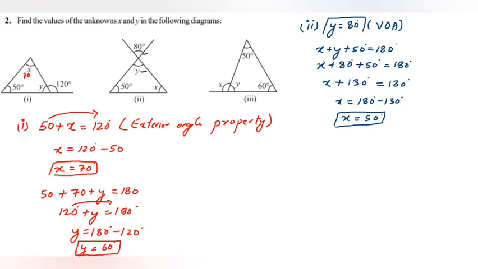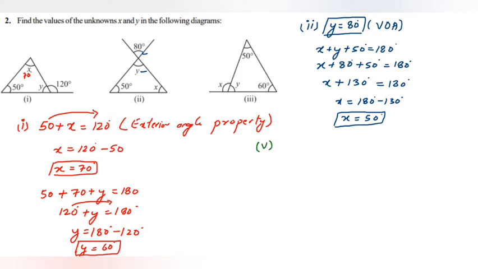Now let's go to the third question. So third question looks similar to the first one, but here we have to find out the y value and x value. Y is interior. Okay, so we'll calculate this. So the fifth problem.